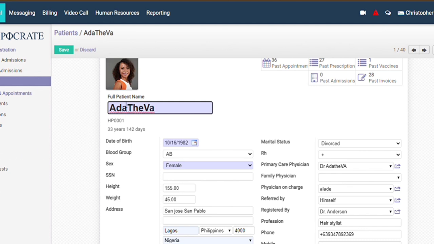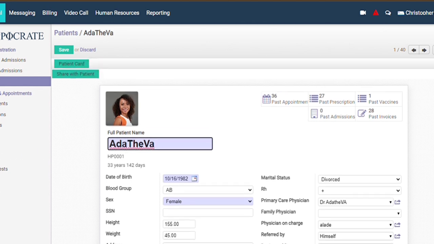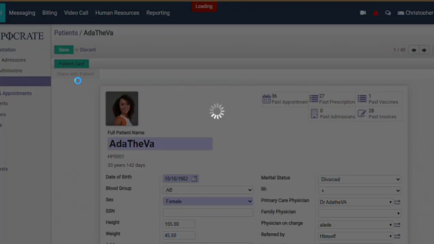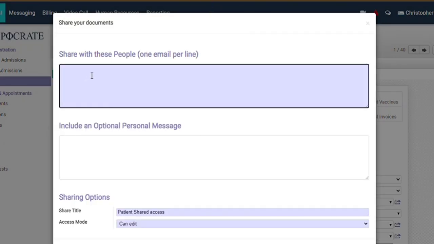So we're gonna go ahead and share this record with our patient. So you click on share with patient. So we are just gonna wait for it to open up. All right, so you go ahead and input the email address of your patient. You want this to go directly into her mailbox, okay? So you put in her email address. We are gonna assume that this is her email address, okay? Then